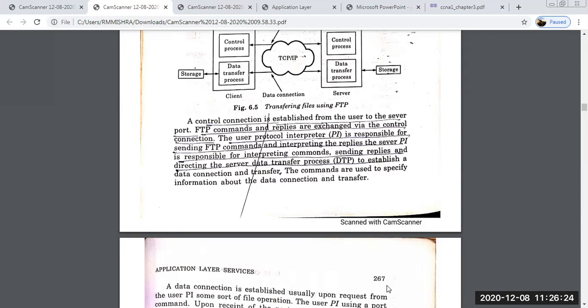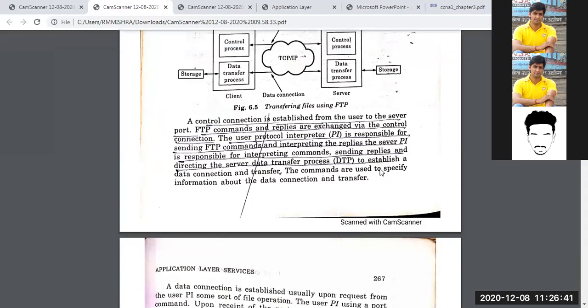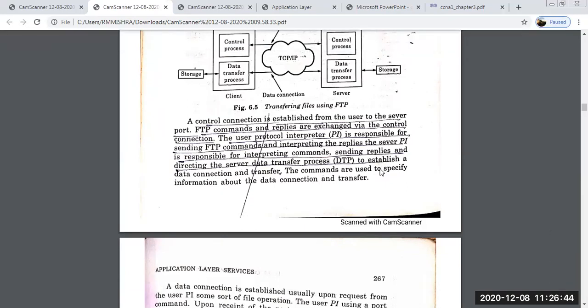ठीक है। तो एफटीपी क्या करता है, जो भी एफटीपी कमांड्स हैं या रिप्लाईज, दोनों एक्सचेंज होती हैं किसके थ्रू, कंट्रोल कनेक्शन के थ्रू। जो आपका ये ऊपर कंट्रोल कनेक्शन दिख रहा था, उससे आपके एफटीपी कमांड्स एंड रिप्लाईज, मतलब जो भी कमांड जा रही है या जो भी रिप्लाई आ रहा है, वो सब एक्सचेंज होता है कंट्रोल कनेक्शन के थ्रू। जैसे मान लीजिए क्लाइंट ने रिक्वेस्ट किया, तो रिक्वेस्ट कंट्रोल वाले से जाएगी। ठीक है। उसका कुछ रिस्पॉन्स आया, तो वो सर्वर से क्लाइंट की तरफ, वो भी कंट्रोल वाले से आएगा। ठीक है। बाकी डेटा कनेक्शन